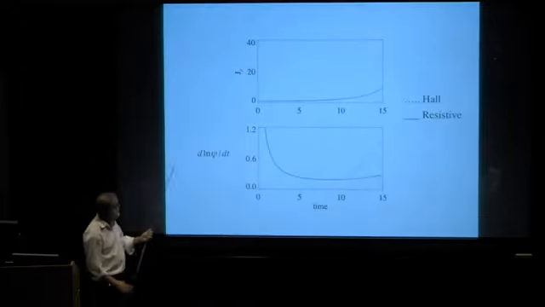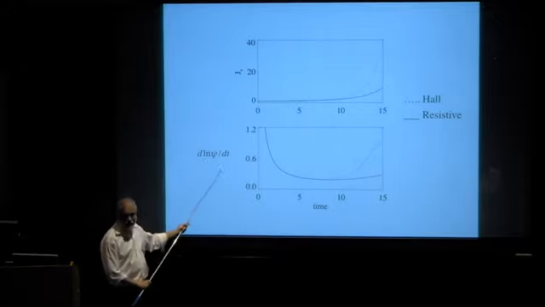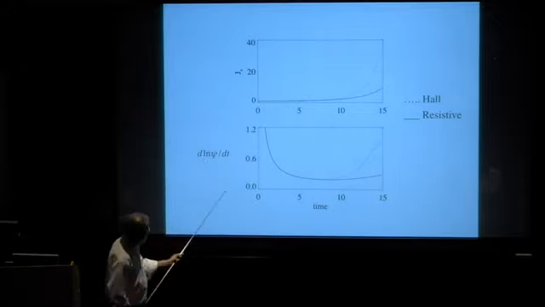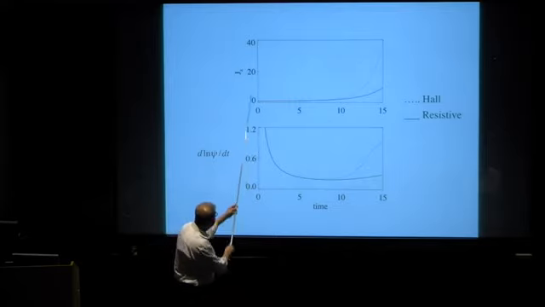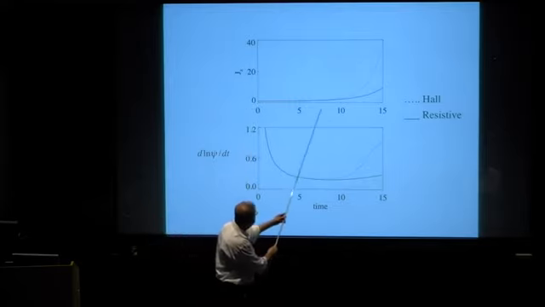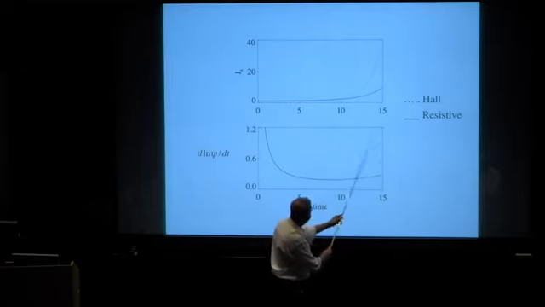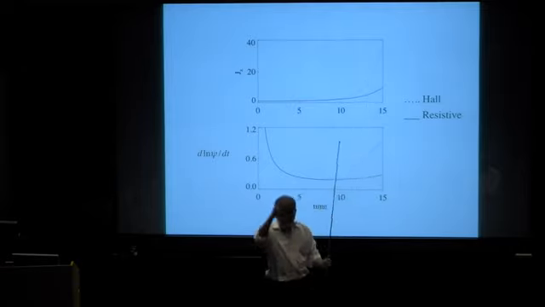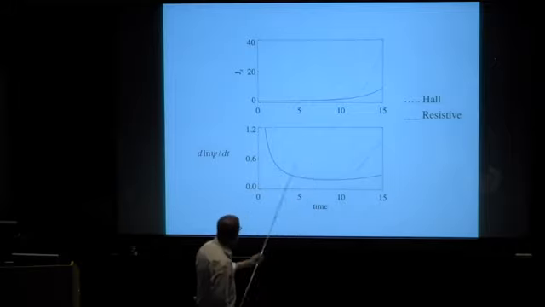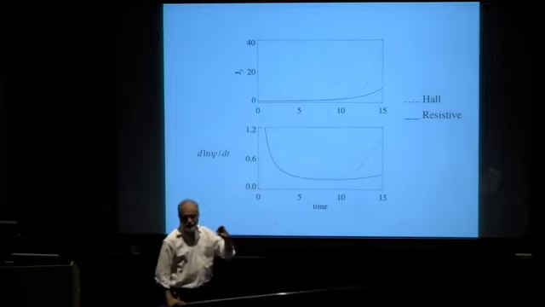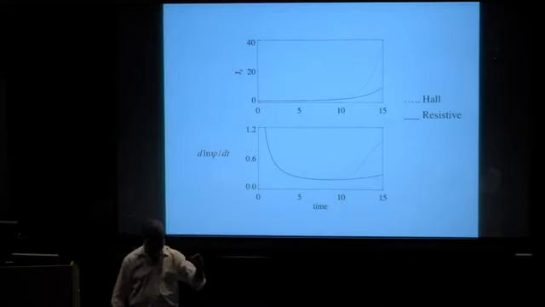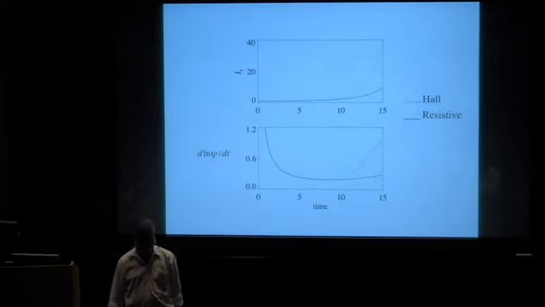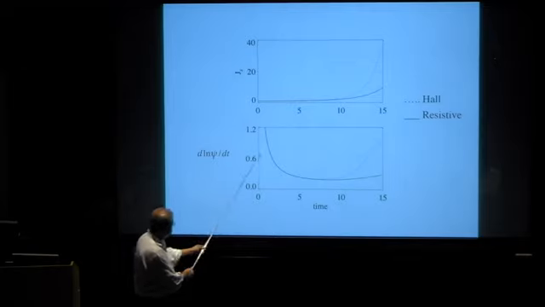And this is shown in this plot where you're looking at the log of how the flux function is changing in time. In the Sweet-Parker layer, first of all, you look at the current density. This is resistive Sweet-Parker. This is Hall. The current density is going up much more rapidly. What do you see? You see up to a certain point in time, the resistive and the Hall results are the same. And then when this criterion happens, that the width of the current sheet has fallen below the ion skin depth, the Hall terms immediately kick in, and you get a rapid enhancement of the reconnection rate. This is what you see in the flux decay as well.